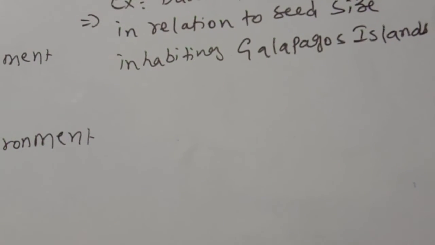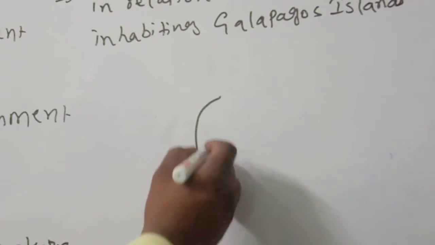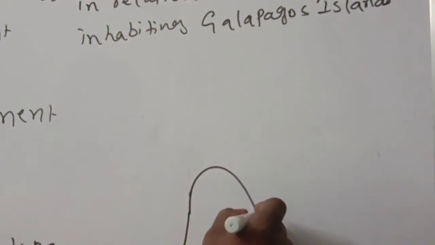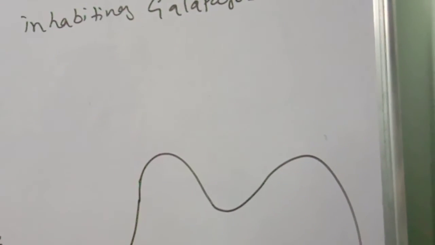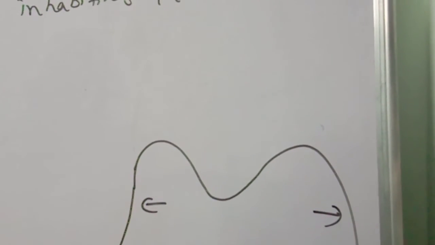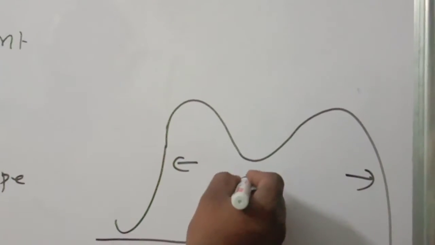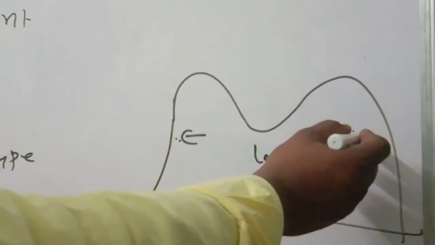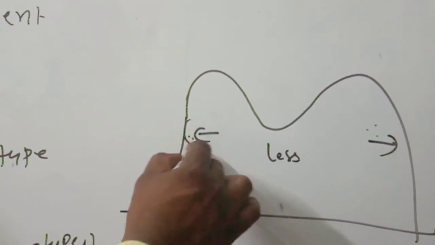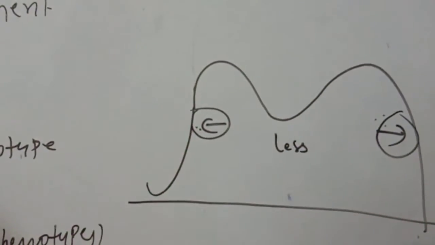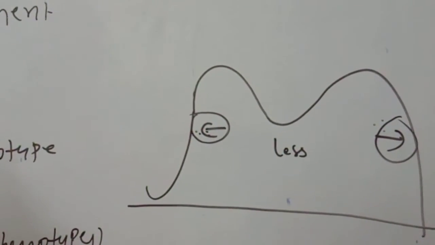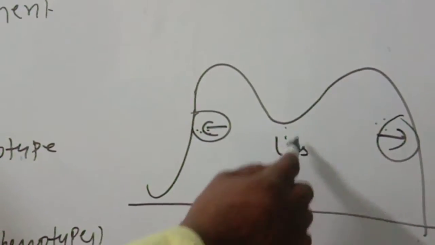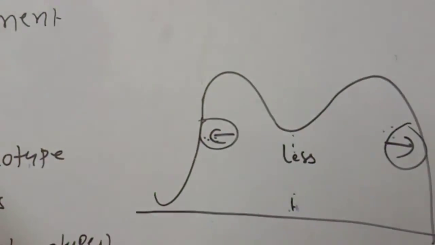Now observe carefully. What I am telling is disruptive selection. Which ones survived? The extremes survived, and the middle ones are fewer. Here the big size of Darwin finches is extreme, which is very good for taking the seeds, changing according to the size of the grain, their beak sizes. That's why they survived. The common ones are not selected.